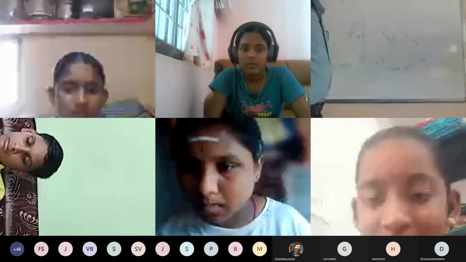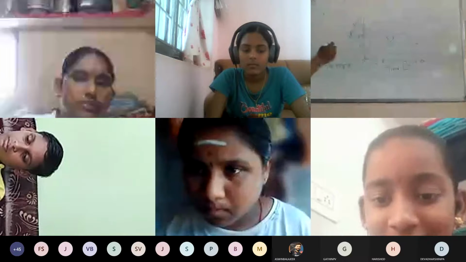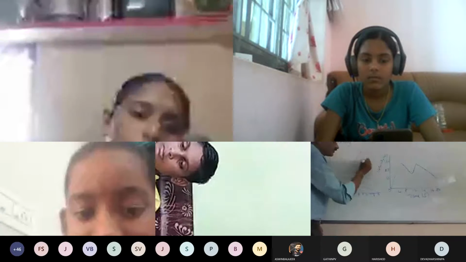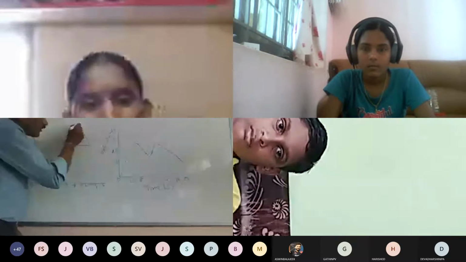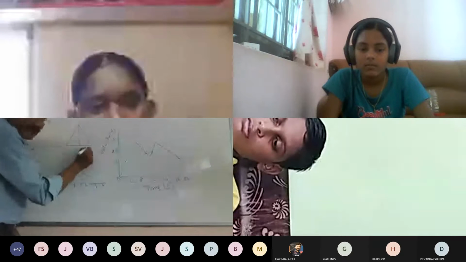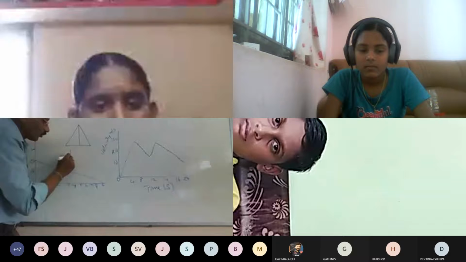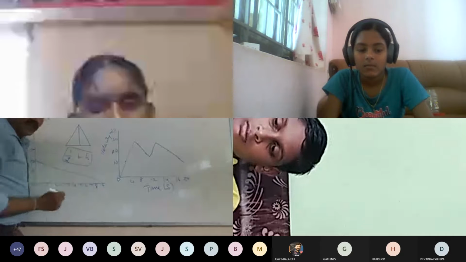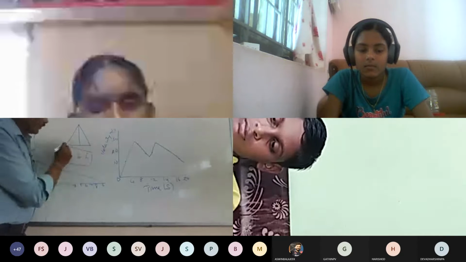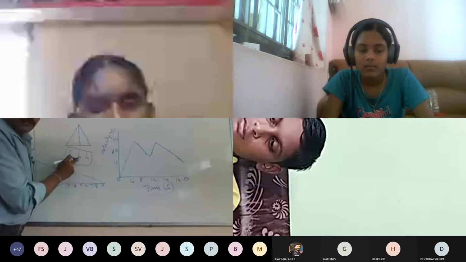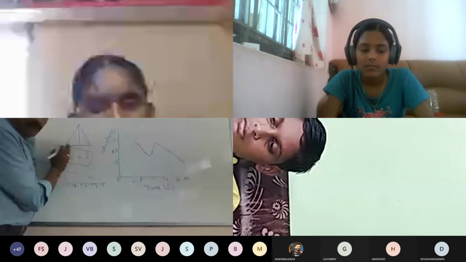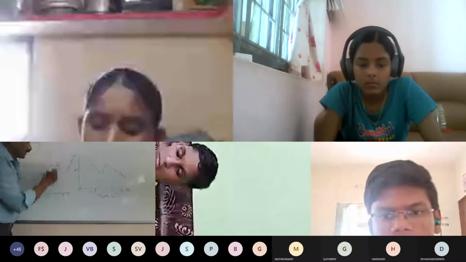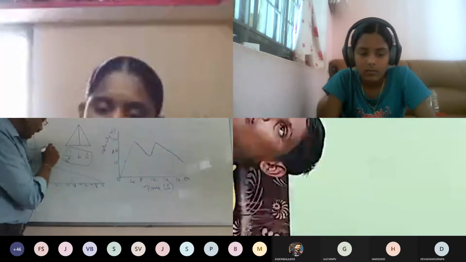How do we get half into base into height? If you take this triangle, you can draw this line. So this is the base, and this is the height. So half into base into height is the formula for finding the area of the triangle. If you have this base, you divide by 2, that is commonly taking half into. So if you know the length of the base, you can calculate the height. If you apply this formula, you can get the area of the triangle.